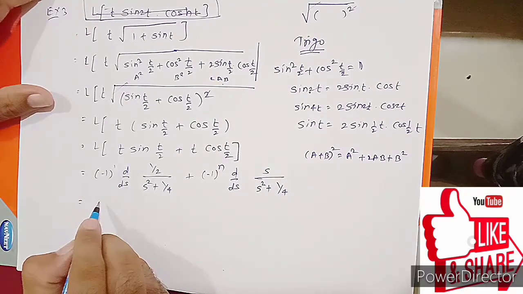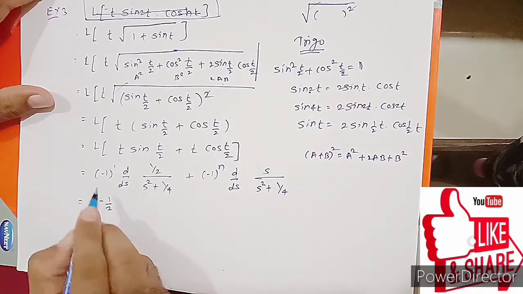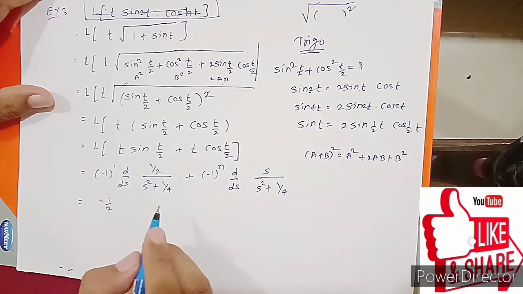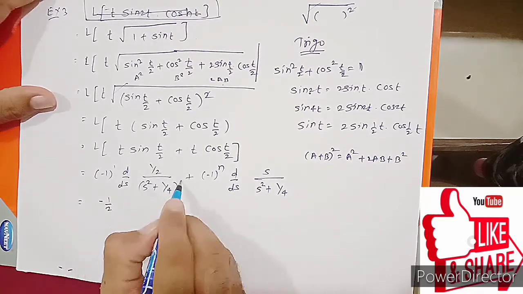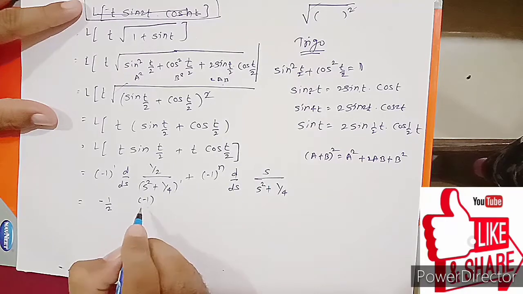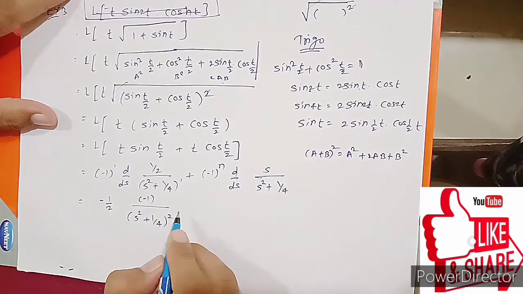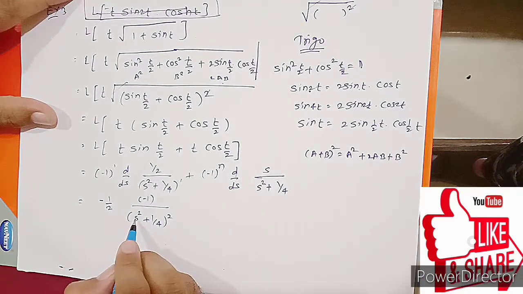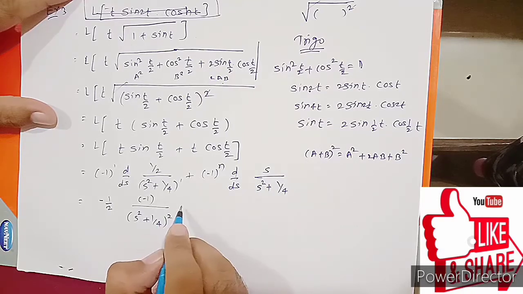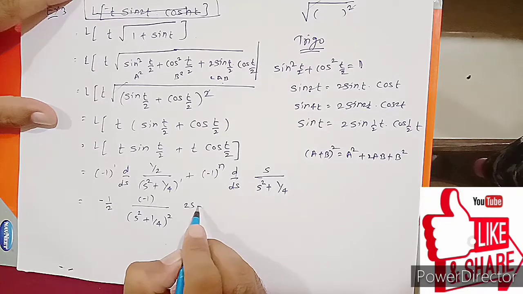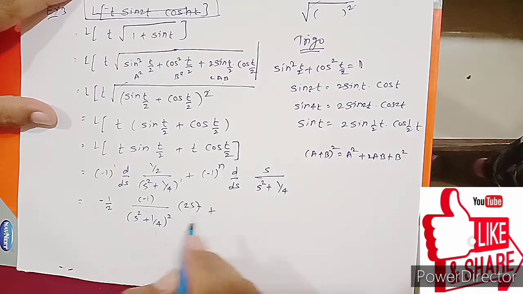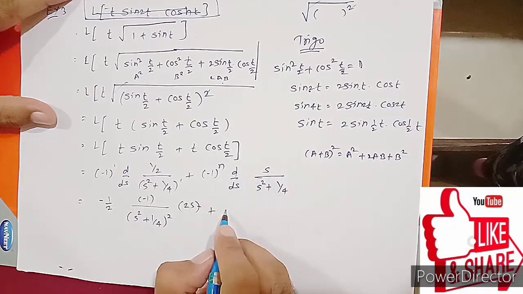So minus 1 raised to 1 is minus 1, so 1 by 2 we put outside, so it is minus 1 by 2, right? Because minus sign is as it is and 1 by 2 put outside. Now tell me guys, what is the power here? Power is 1, so we can write down minus 1 divided by s square plus 1 by 4 bracket square, right? But inside the bracket there is not only s, so we are taking again chain rule. So what is the derivative of inside the bracket? Derivative of s square is 2s and derivative of 1 by 4 is 0, so it is not necessary to write down. And again same minus 1 as it is.